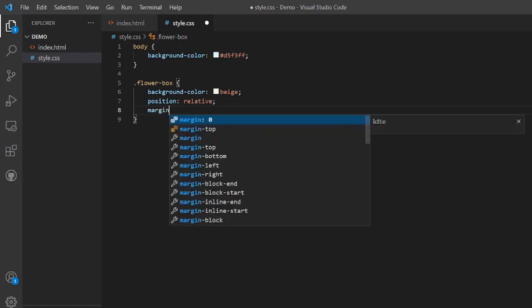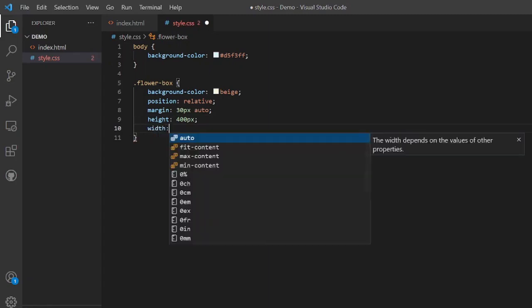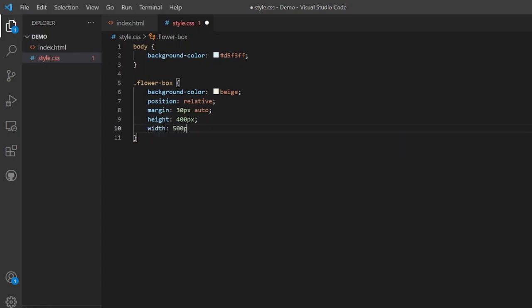And the margin will be 30 px from the top, and from the left and right it would be auto, and it will have a height of 400 pixel and a width of 500 pixel.